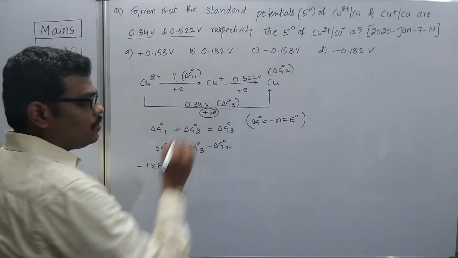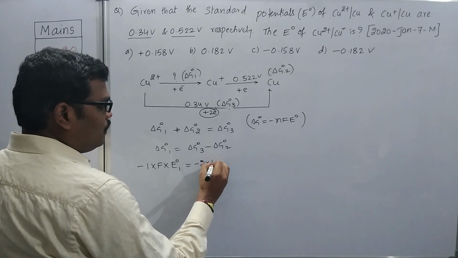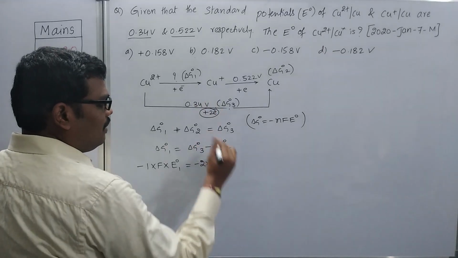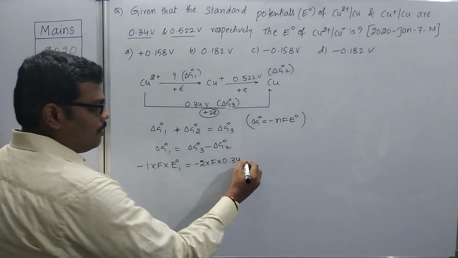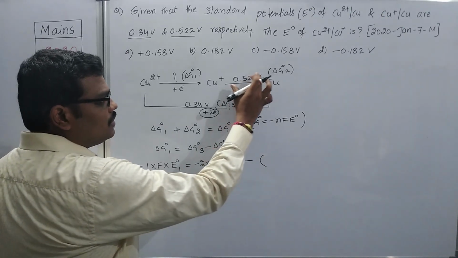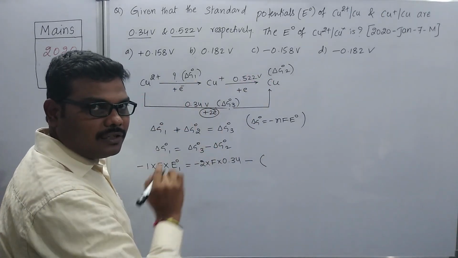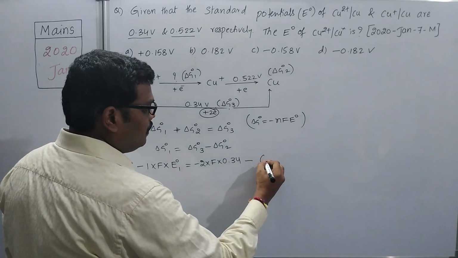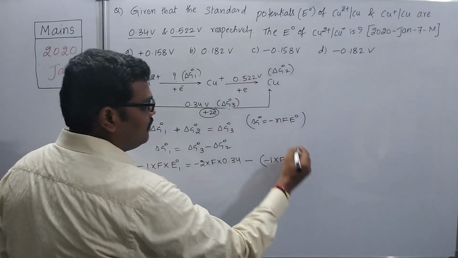So minus 2 into F into 0.34 volts, minus delta G02. How many electrons are involved in this process? Only one electron. So minus 1 into F into E0 of this process,